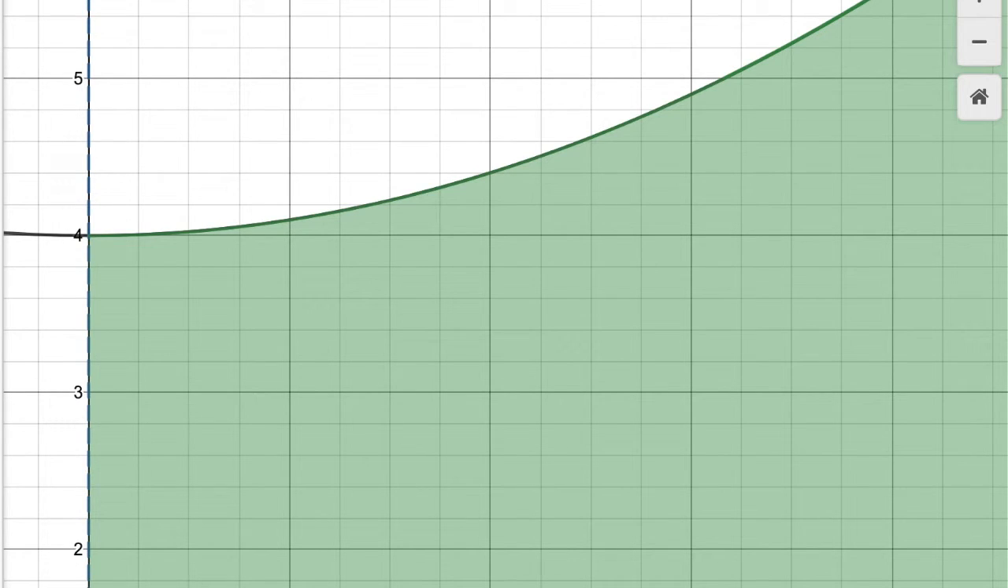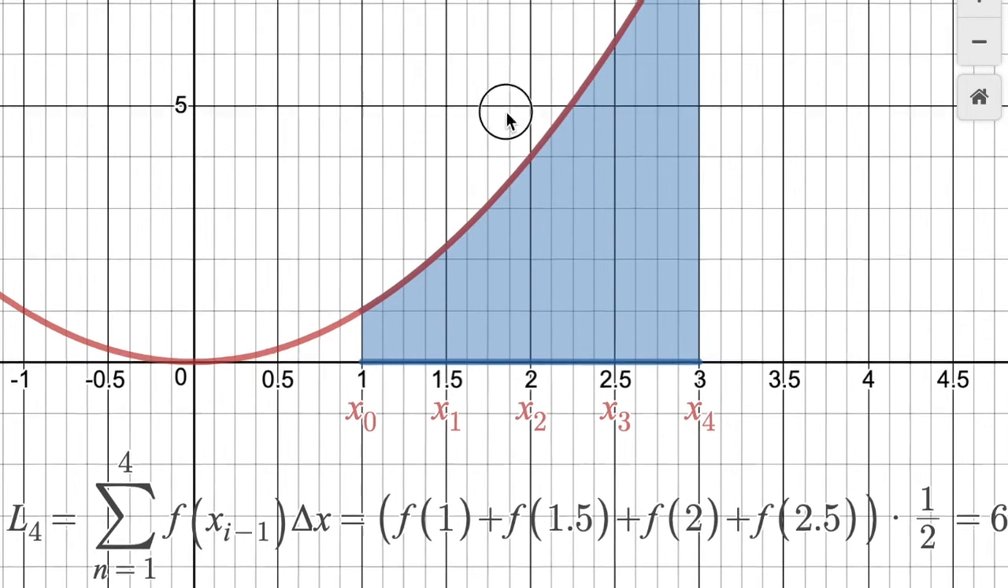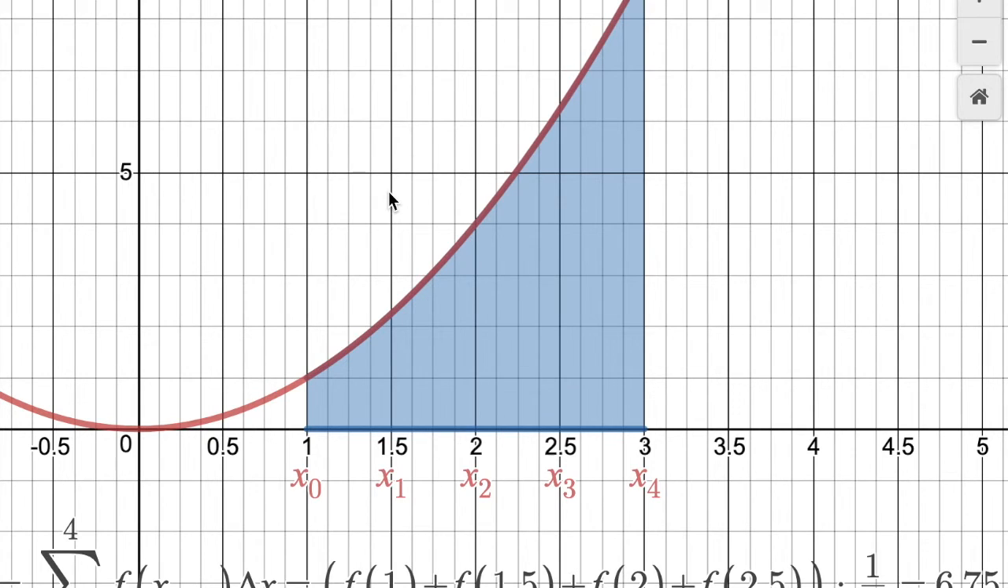So let's do one more example. We'll calculate the upper and lower sums. I'm actually going to tell you this one. This is the graph of f of x equals x squared, and we are looking at the area under the curve between 1 and 3. I thought we would do the upper and lower sums, making 4 rectangles, and we will use the right and the left hand